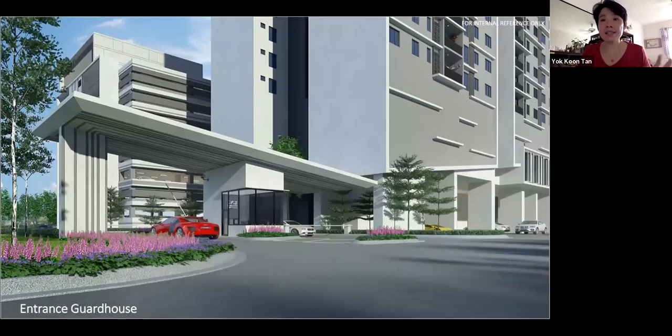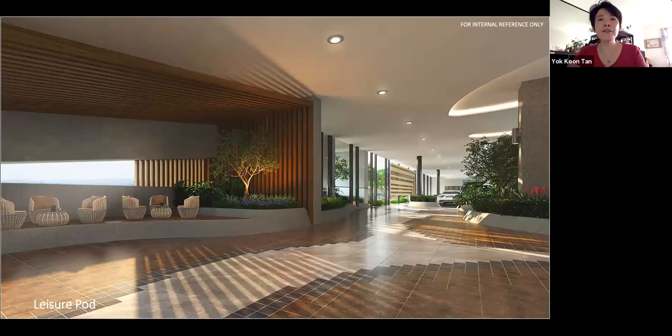All right, okay. Some visuals that will help you to tell your customers, or your friends, or whoever. Number one, why do we developers spend money on visuals? Some of the visuals nowadays are so real that you have to look clearly to see whether it's a real photo or a visual. If you don't know how to describe it, like you don't know how to be a painter to tell people, oh, here you can put a plant, there you can put whatever, you can use the photos. Also remember, if you don't know how to explain to people in more detail, the first video that I have shown you is also to help you explain the master plan